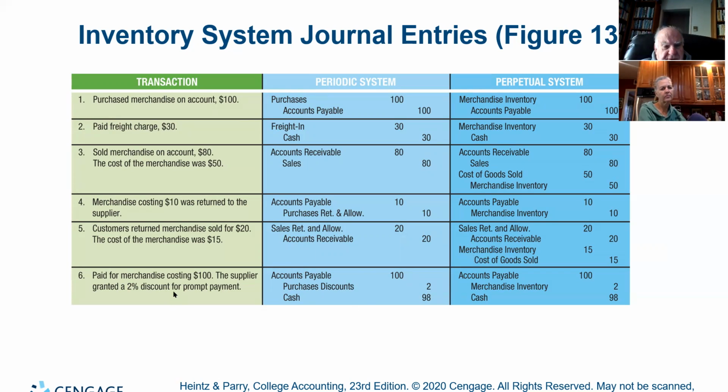And then you paid for merchandise costing $100 with a $2 discount. Again, this one we already know. We debit accounts payable and we're only paying $98, right? Because we took the $2 discount. Again, notice what's one man's purchase discount becomes a perpetual's merchandise inventory. So on the perpetual side, everything is debited to merchandise inventory. On the periodic side, your products being delivered are debited to purchases, okay? So there'll be questions on the test about the difference between the two methods, okay?